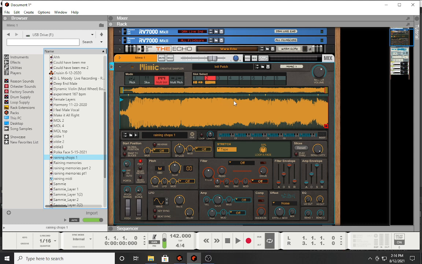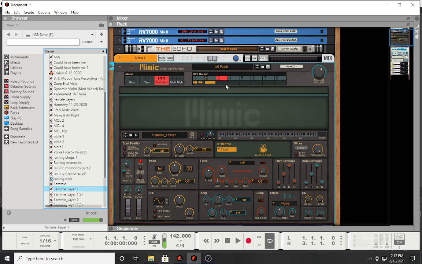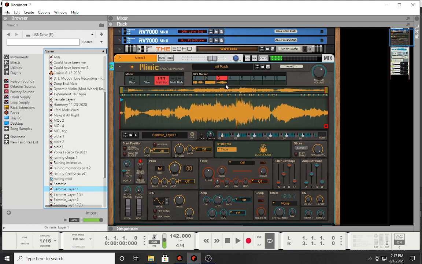So in multi-slot, basically what it's going to do is you put one sample will correspond with key of C, and then the next sample will correspond with the key of C sharp. The next sample will correspond with the key of